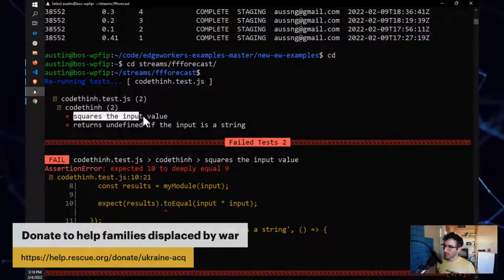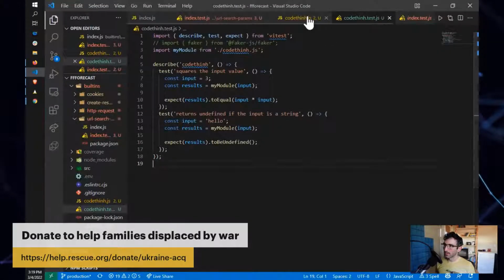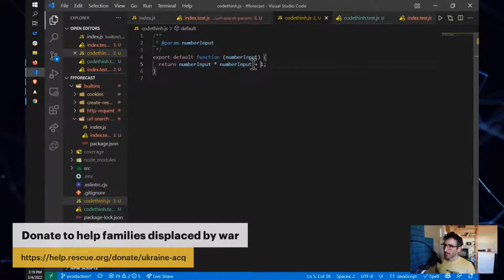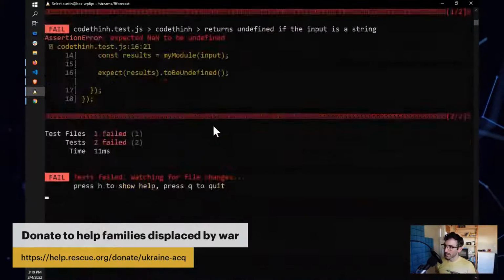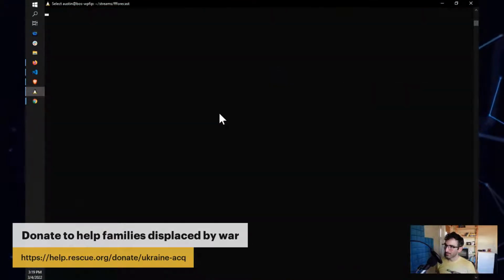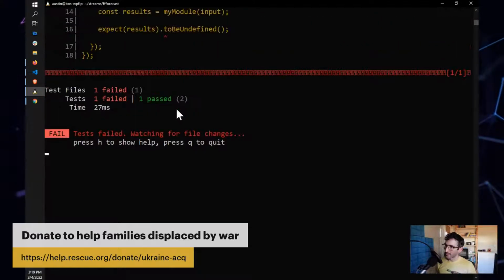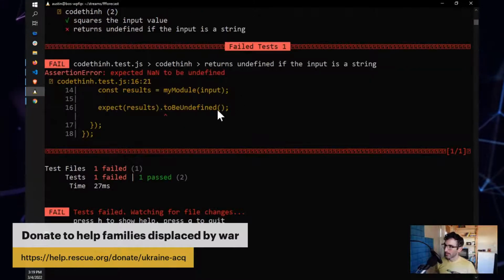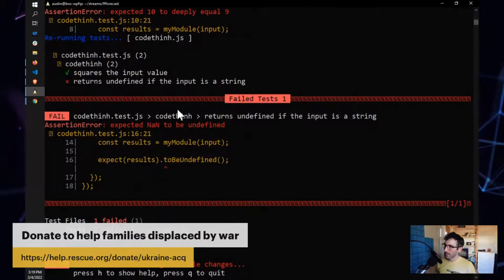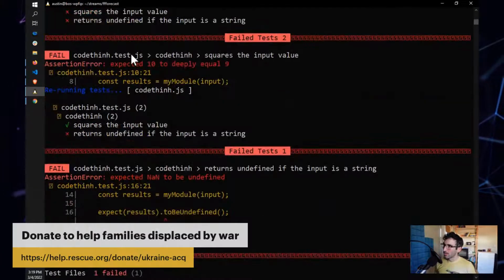So let's say we want to fix this squares the input value. Cool. We can go to our code. We can say, oh, I found the bug. There's the bug, right? So I fix that. I go back to my test suite. Vitest reruns tests automatically, so we don't have to restart this. It's just going to run. And we can see that now we have